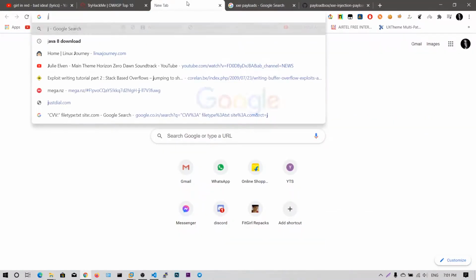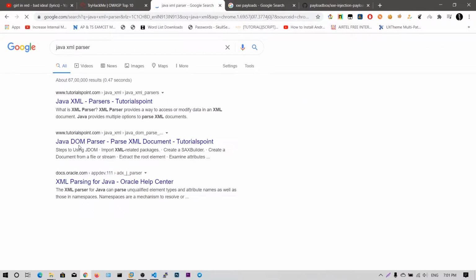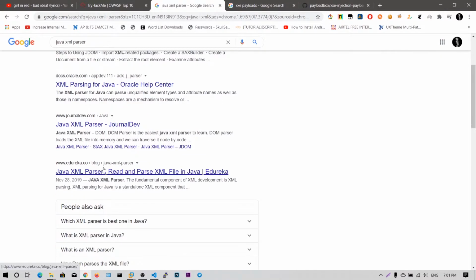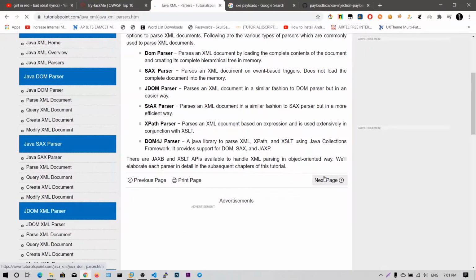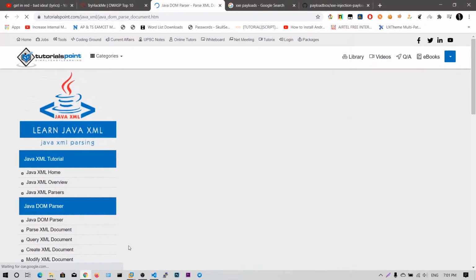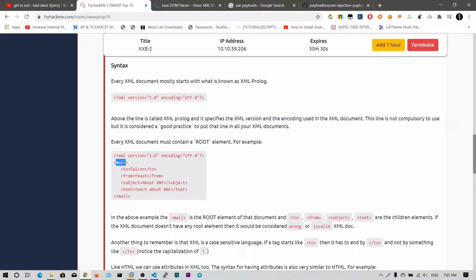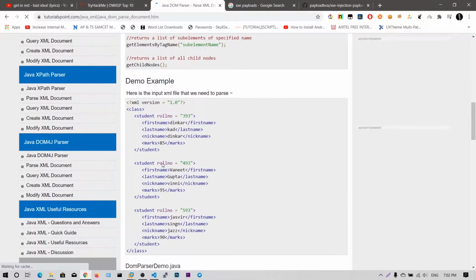I will show you a Java XML parser. Let me show you how they parse. One type parses in a tree-like structure. They go from the top element and form a tree from the sub elements, and inside the sub elements, if there are any further sub elements, they form another node, and finally extract the data.